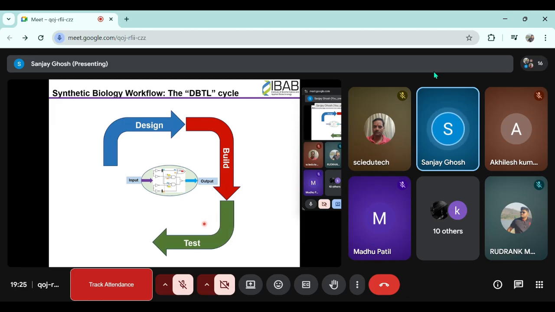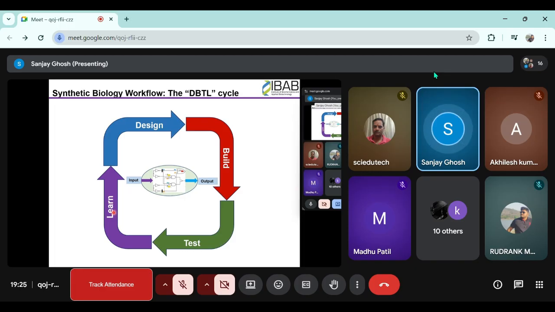Is it working? Because you are putting a heterologous system into a cell or an organism which naturally doesn't have it. So you don't know if it will work or not, right? So you have to test it. And after testing, this may work, this may not work. If it works, great. Then you will try to see how you can improve it so that it makes more carotenes, for example. Or if it fails,